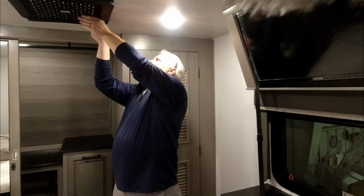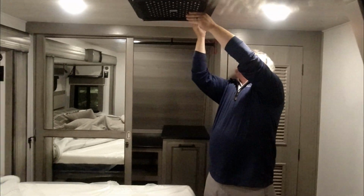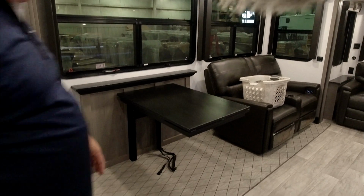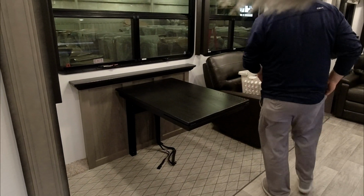Yep. Oh, so let's go look at that. Let's go look at that. Are we done with all the changes up here then? Yeah. So what we changed on the table was we were taking up a little bit of shoulder room